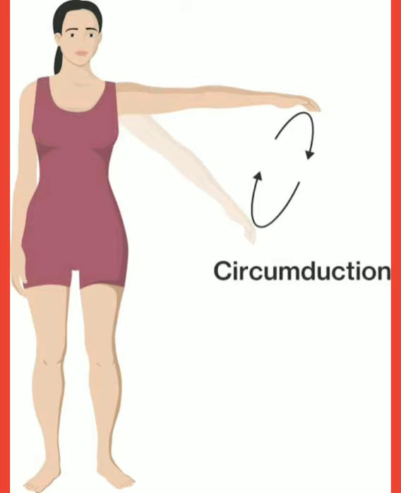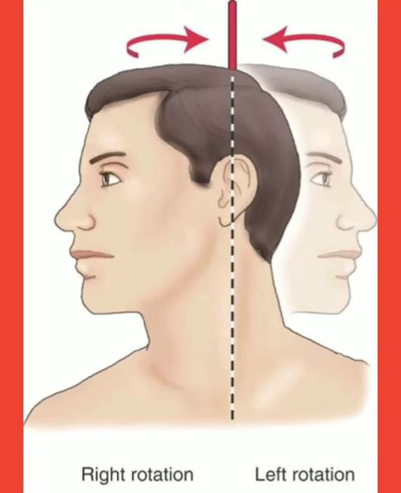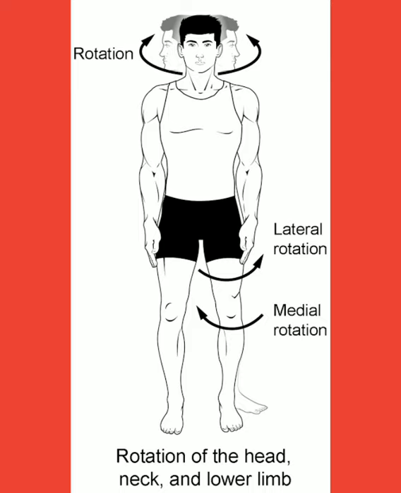The next one is circumduction. So this kind of movement is best seen in the shoulder and hip joints. So it follows a circular path. One more example is moving a finger in a circular motion without moving the hand. Next is rotation. So rotation is a form of movement in which a bone moves around a central axis without undergoing any displacement from this axis. For example, twisting the head from side to side. And it can also occur in ball and socket joints of the shoulder and hip.